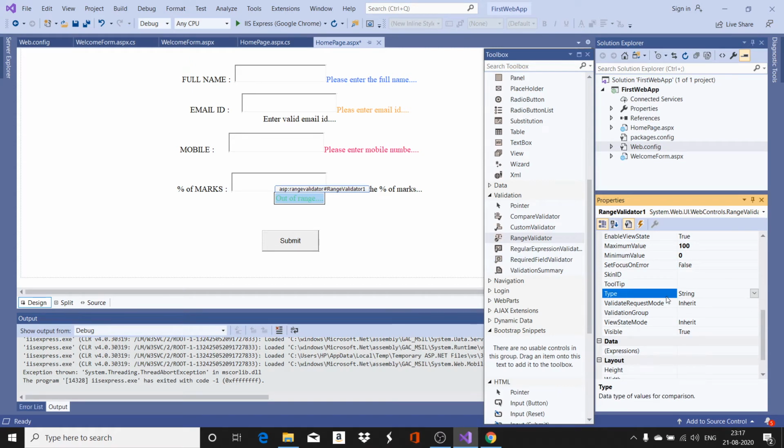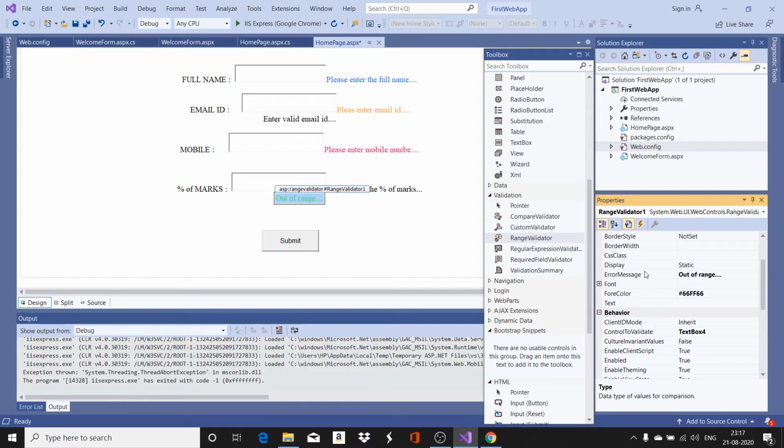So what kind of data type comparison I want here, for which I select it to be double, because I may be entering 10.5 like that also. So the value you are going to type inside this text box should be of double data type. That should also be specified. So what are the four things we have given for the range validator?